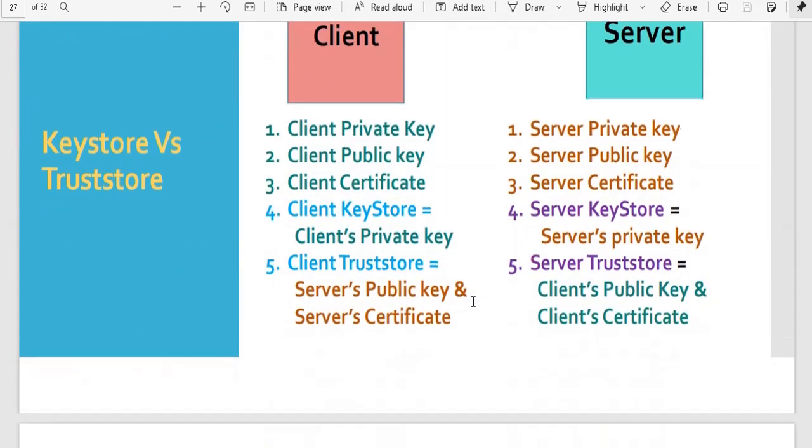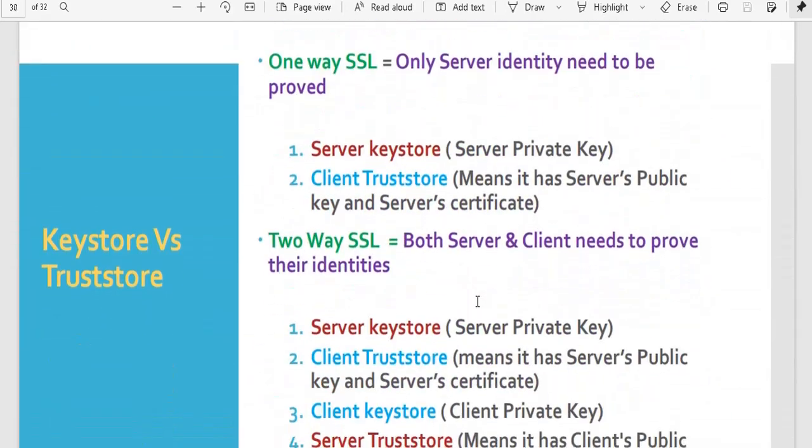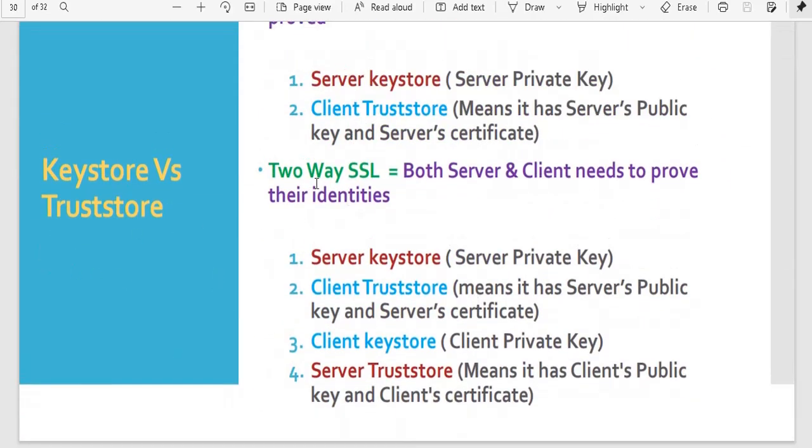So in the same case, come here. For two-way SSL, both server and client need to prove their identities, and we need to validate both. That is why in two-way SSL we need all four pieces of information, for both entities, key store and trust store.